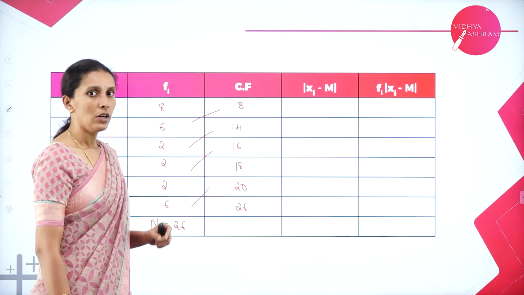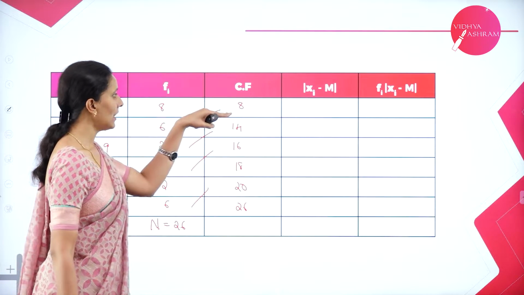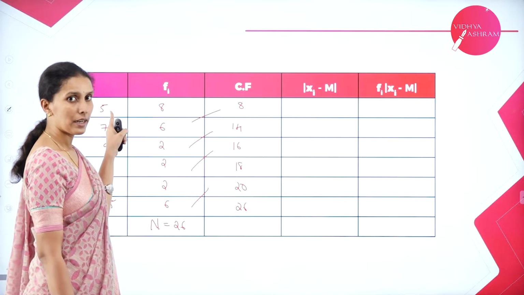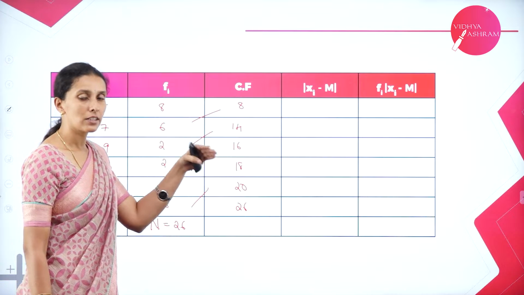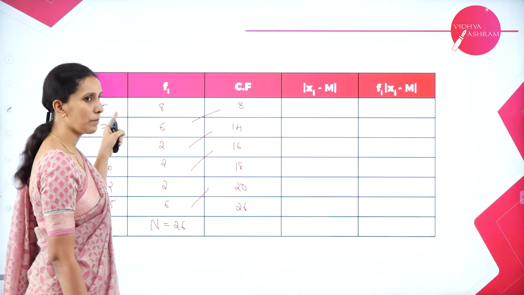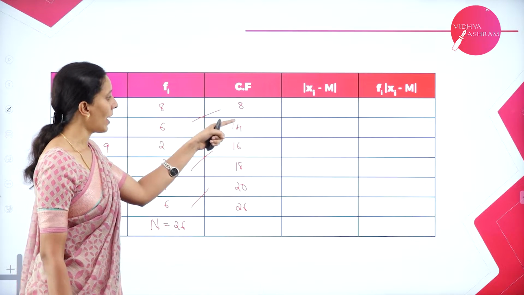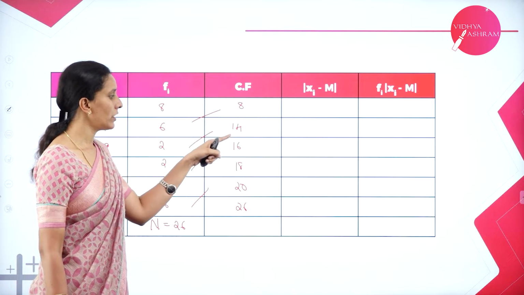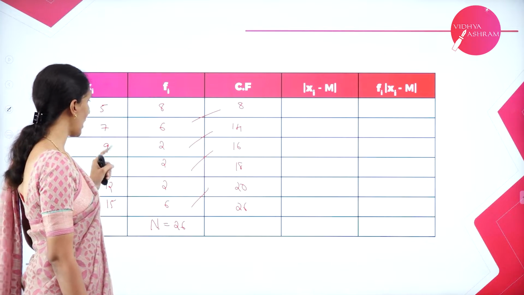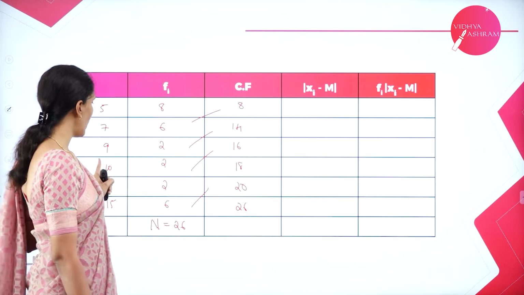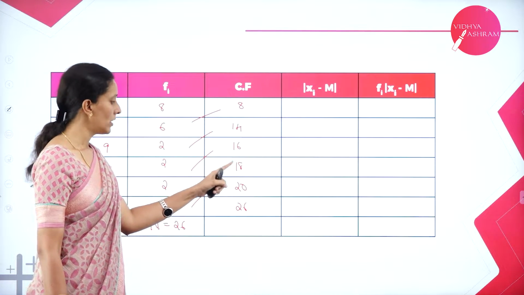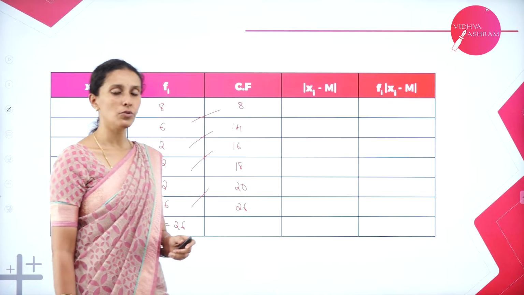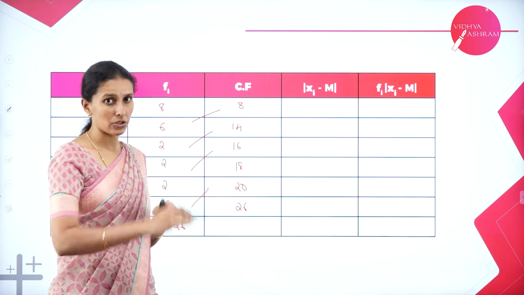Now, here, what does it say? Until the 8th position, you have 5 as the number. From 1 to 8th place, you have all the numbers as 5. Again, from 9th to 14th, you have the number 7. From 15th and 16th place, you have 9. 17, 18, you have 10. Similarly, till 20 you have 12 and 15 is repeated till the place value of 26. Like this the numbers are arranged now.